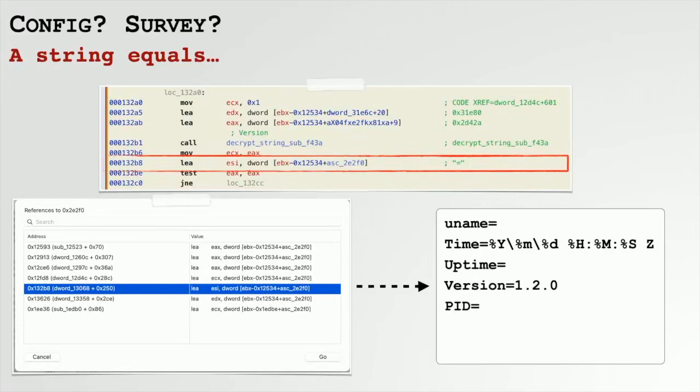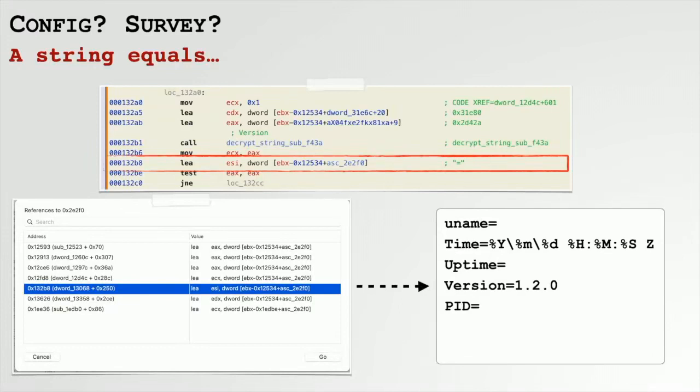Another thing that I found digging around in Hopper, and I will try and speed up a bit so I don't run into Patrick's talk, was this version string where it just says version equals 1.2.0. In Hopper, I saw that it has this little equal sign, where I knew that the string above was version, and then Hopper had figured out that here's an equal sign, so we have version equals something. So then I hit X to see the cross-reference to see where else this equal sign is being used,